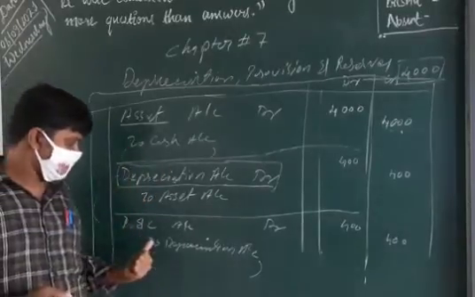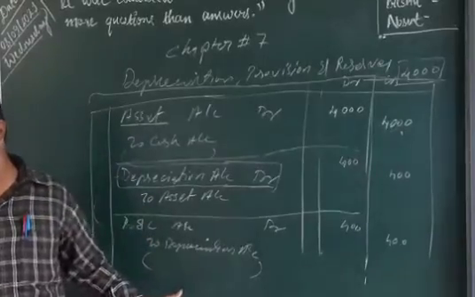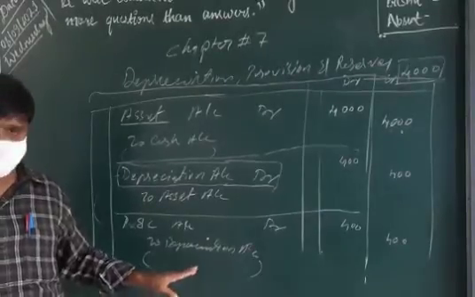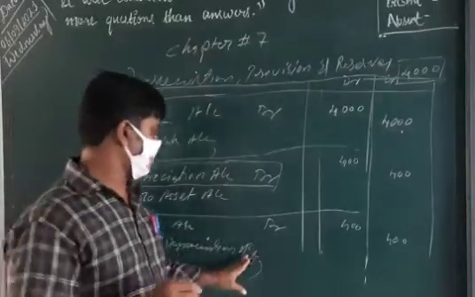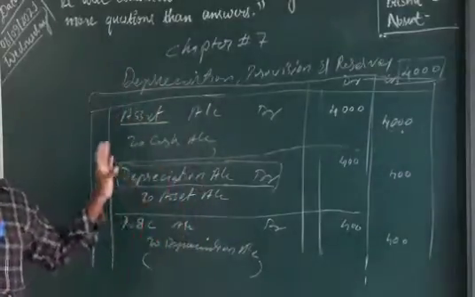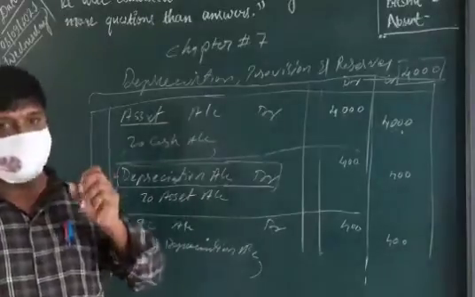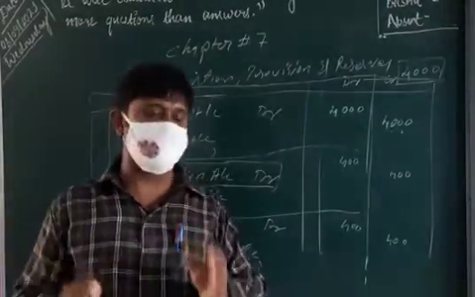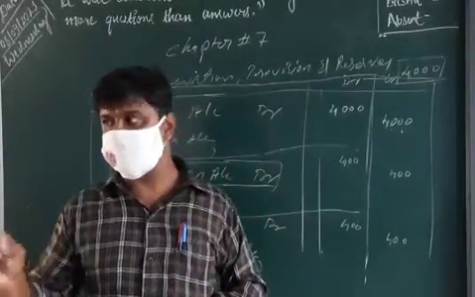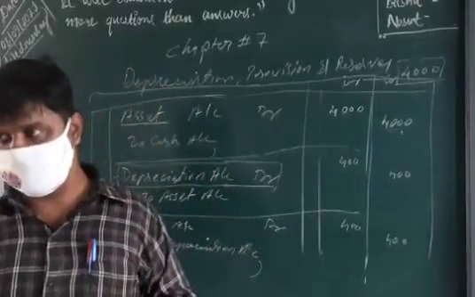And at the same time, depreciation was an expense, and that expense is reduced. When an expense or asset is reduced, what do we do? We credit that. So here the depreciation expense is reduced, that is why we credit that. So you understand how I wrote this, okay? Clear now? Yes. And in case of income or liability, another classification, when that income or liability is increasing, we are crediting that, and if they are decreasing, we are debiting. Clear now?